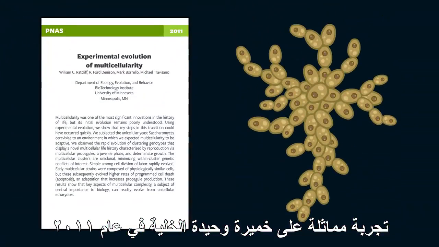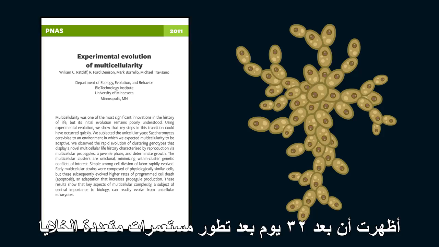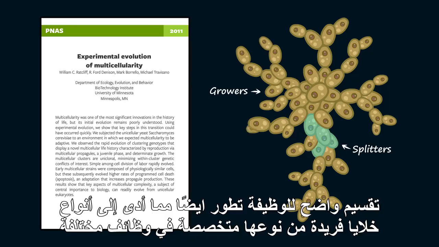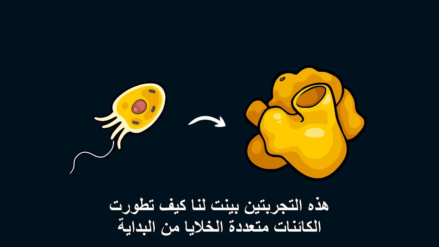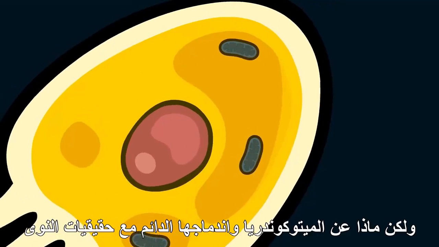A similar experiment on single-celled yeast in 2011 showed that just 32 days after multicelled colonies evolved, clear division of labor also evolved, giving rise to unique cell types specializing in different tasks. These two experiments show us how multicelled organisms may have first evolved, but what about mitochondria and their permanent merger